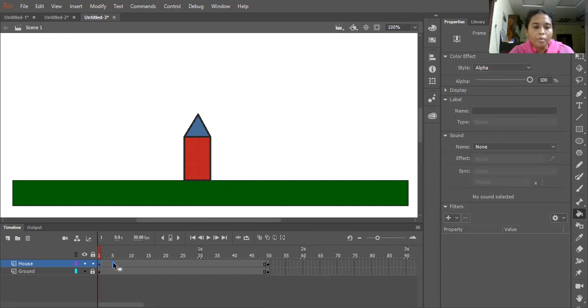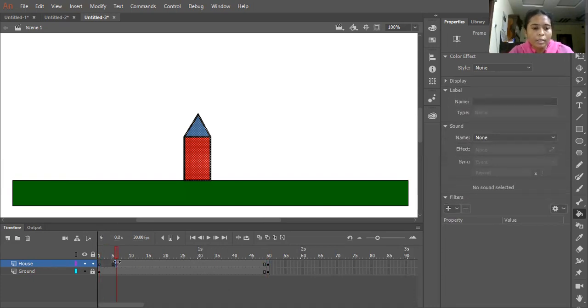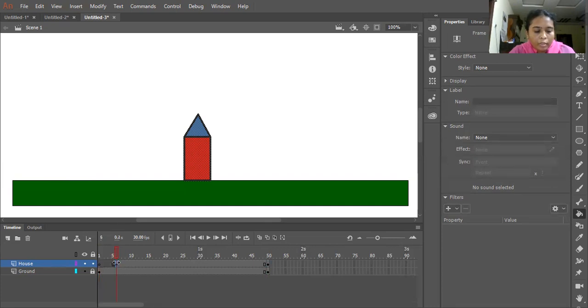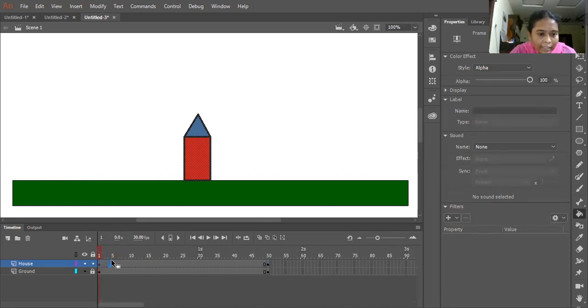Now you go to the left, to the first frame of the house layer. With the left button of the mouse, you just select it. From the first layer to the last layer, you just use a nice, well-working mouse so that no disturbance occurs. I feel some difficulty in selecting. Now just with the left button of the mouse, you just select it. Still I face the difficulty, as if I'm using the laptop. So now it is okay.